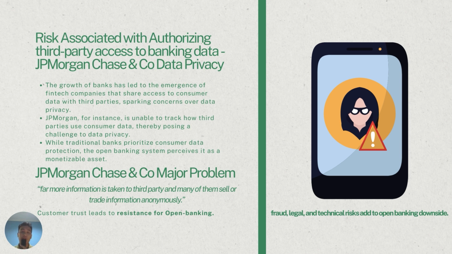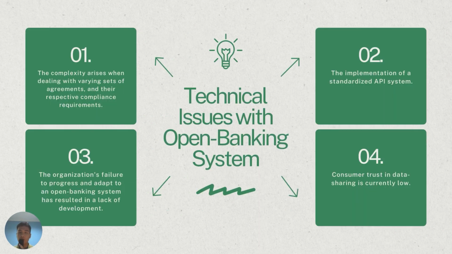This explains how security risk is tied to the open banking system itself, with the risk of data breaches and cyber attacks. Secondly, privacy risk, again already mentioned, which is strongly correlated with customer trust, where they might be uncomfortable with sharing their banking information with the third parties itself. Okay, so the problem did not stop there, because there are several technical issues related to the open banking